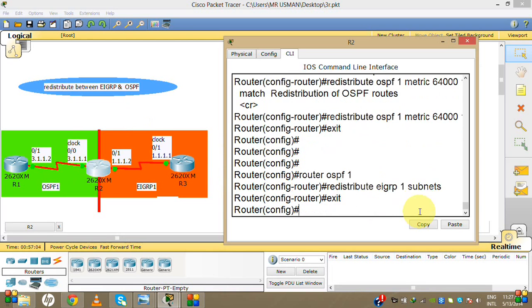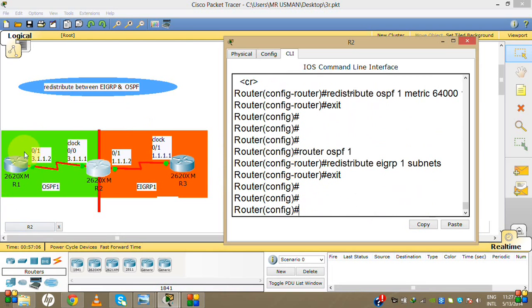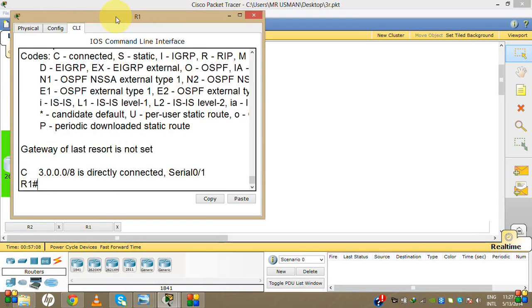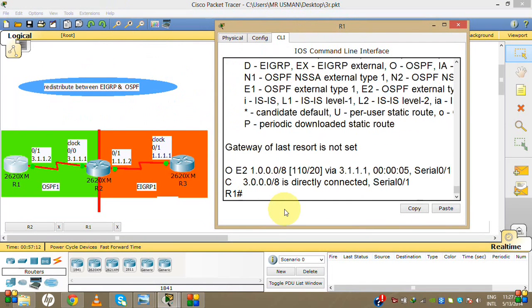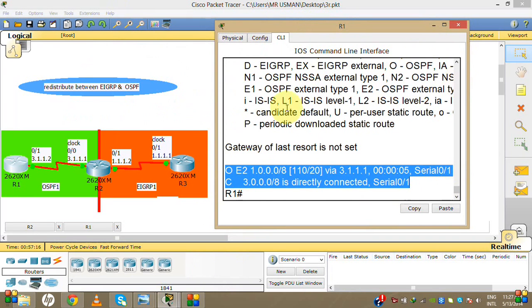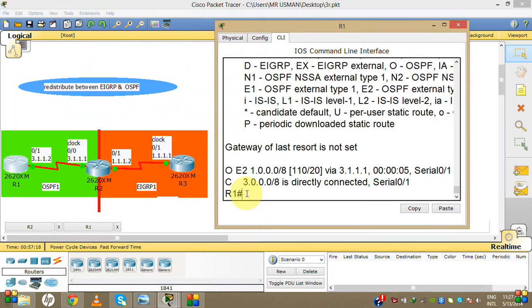Now you can check whether the routing table of router 1 is complete and the missing route is advertised or not. So I will check again, and it's showing the missing route is advertised here. Now I am going to check the availability of the route. I will ping from this interface to this interface. Ping